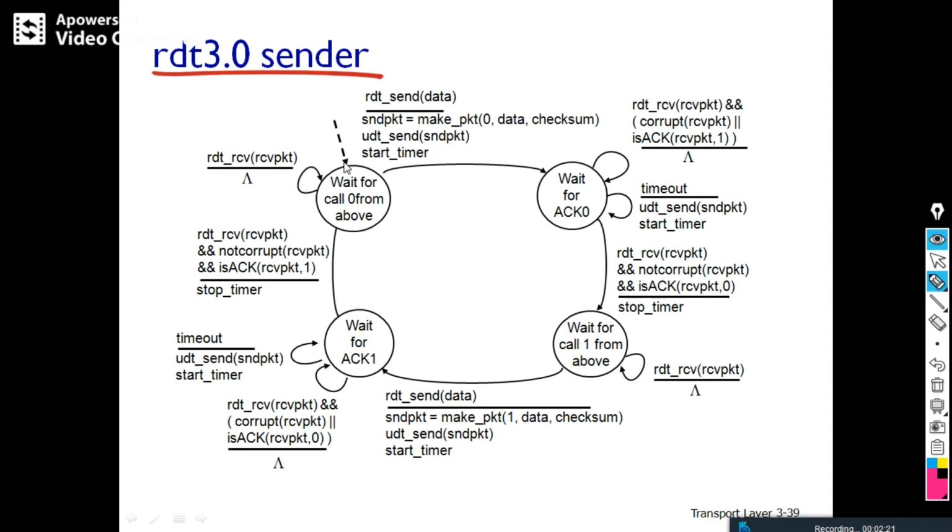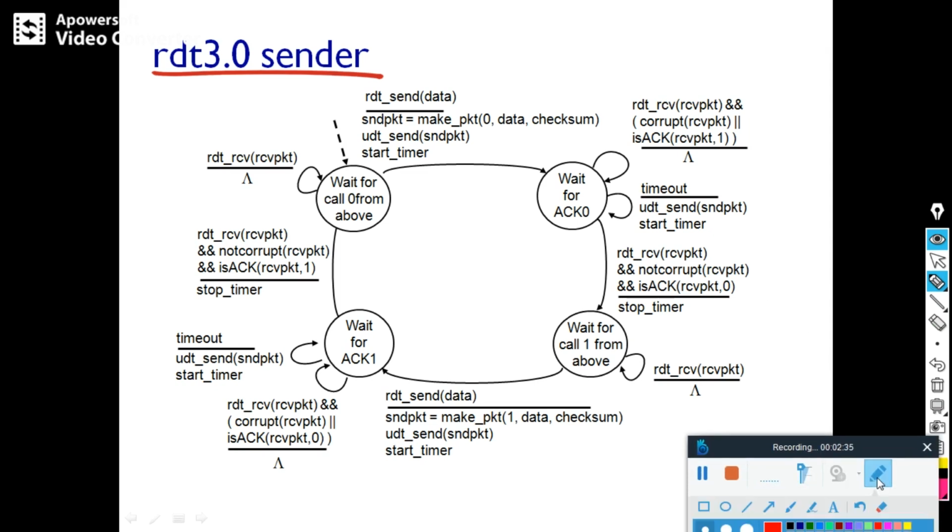As soon as the data comes from above, the rdt_send event is called and the following actions are taken.